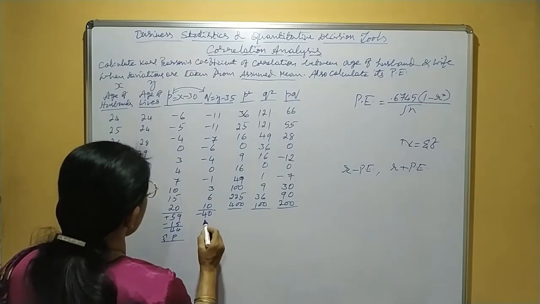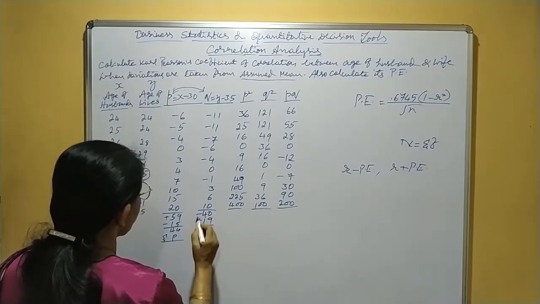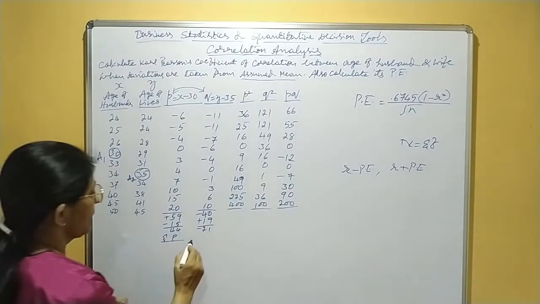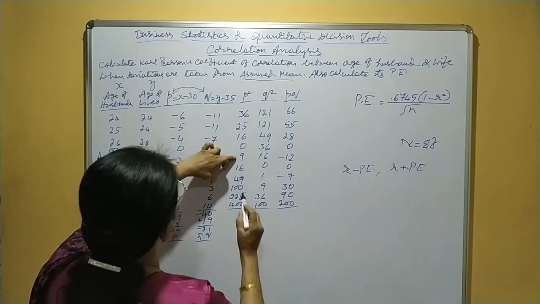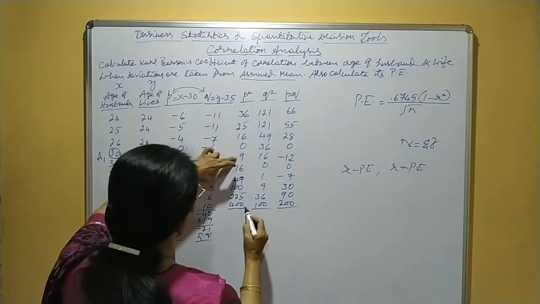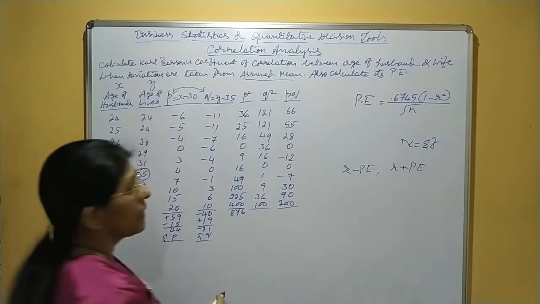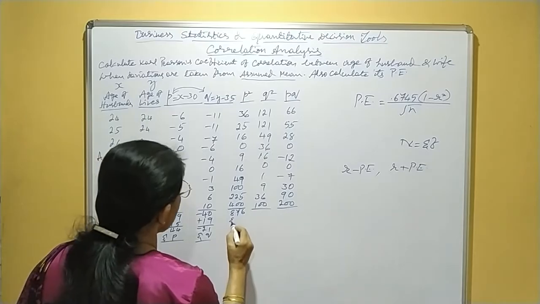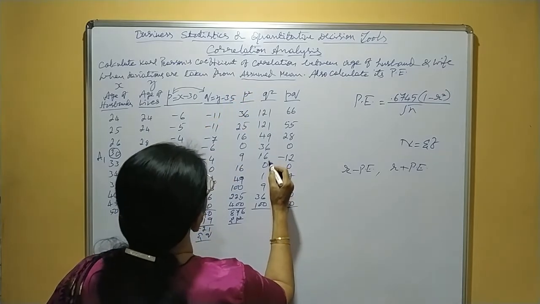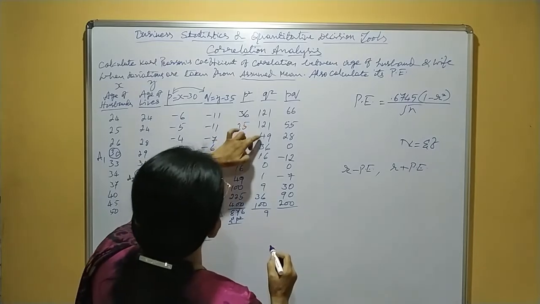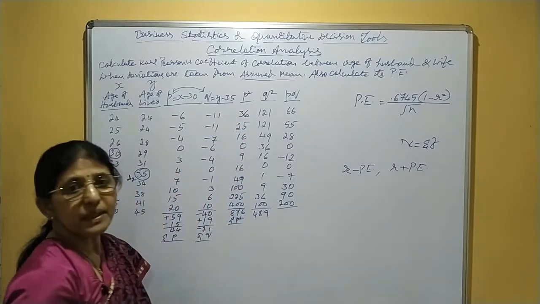Minus 40 and plus 19. Here the difference is 21. The highest value sign is minus. It is sigma q. Now take the total of p square. It is 876, that is sigma p square. Next, take q square. Sigma q square is